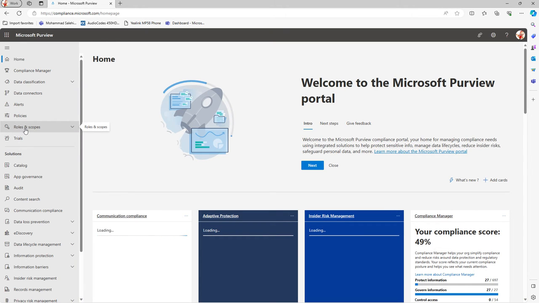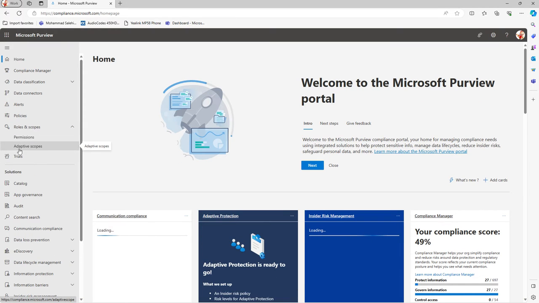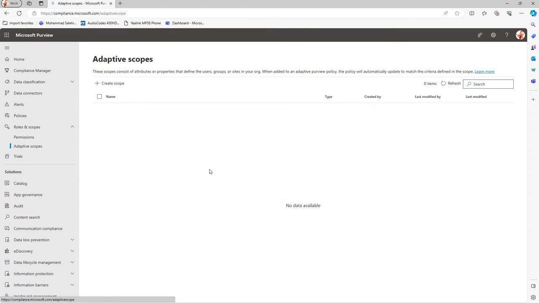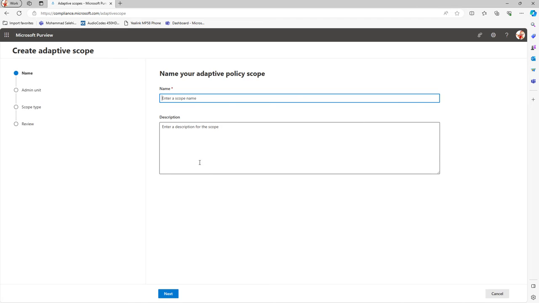you will see roles and scope. So under this, you'll create, and then you'll click on adaptive scopes. All your adaptive scopes will show up over here if you have any. If you don't, then you will create one. So let's say I'm going to say